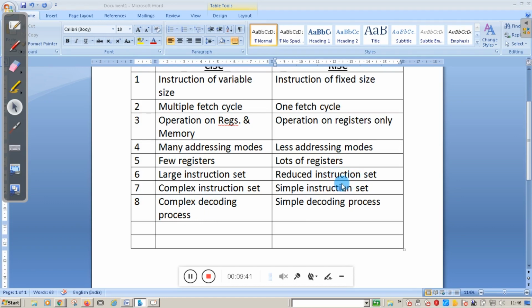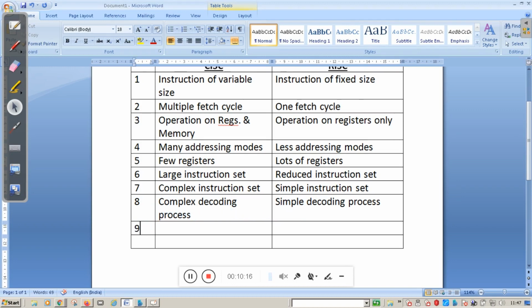But with reference to the RISC processor, the instruction sets are simple and the decoding stage is also simple. And for your information, the CISC processor adopts a microprogram control unit for decoding, which is something like software based, but the RISC processor adopts a hardwired execution unit, which is faster than a microprogram control unit. That is the difference between point number 8, and now we'll move to point number 9.